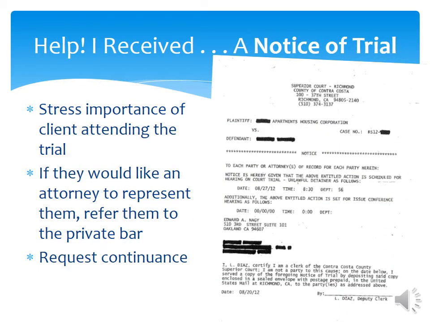After these are filed, then the notice of trial will come out. And it looks a lot like this. What it's going to say is there is a trial coming up, and it's on this particular date, at this particular time, in this particular department. That's the courtroom that it will be heard in. And then it'll tell you who this was sent to. So, for example, it'll have the name of an attorney, if the attorney is representing somebody, as is stated here, or it'll have the name of a self-represented litigant, which is the blacked out portion underneath. And this will let both parties know who is represented and who is not,